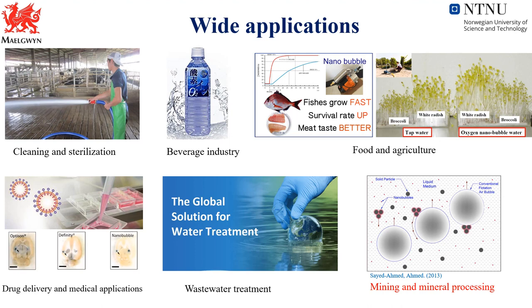When it comes to the food and agriculture industry, as you see from top right hand side, fish is treated with nanobubbles. They grow faster, their survival rate is higher, and the meat taste is better. In terms of broccolis treated by tap water and oxygen nanobubble water, as you see, there is a growth and they have higher heights when they were supplied by